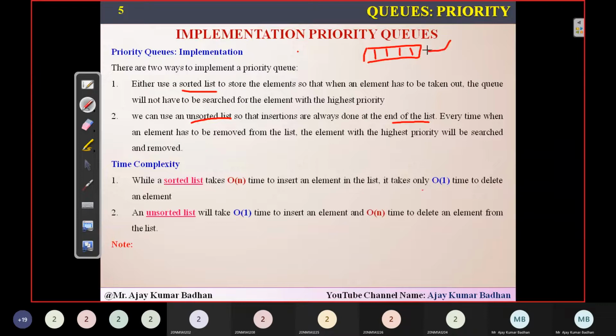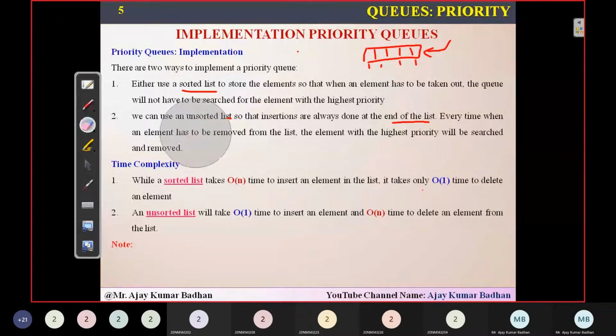Whichever element is coming, you simply keep adding to this array. Whenever we want to delete an element, you have to search this array, select whichever element has the highest priority, and then finally delete it. That will definitely take time. That is what we discussed in the previous session.